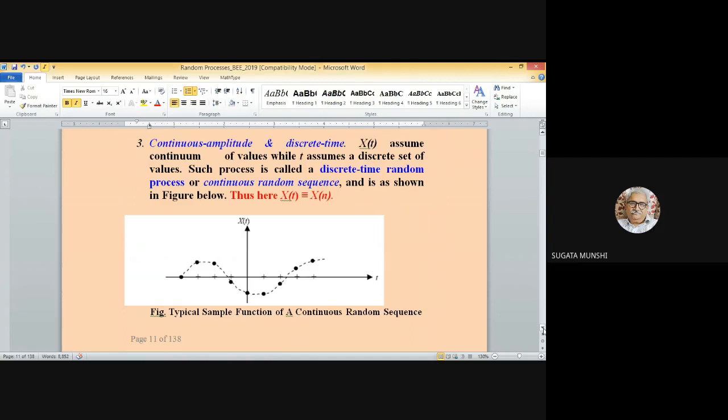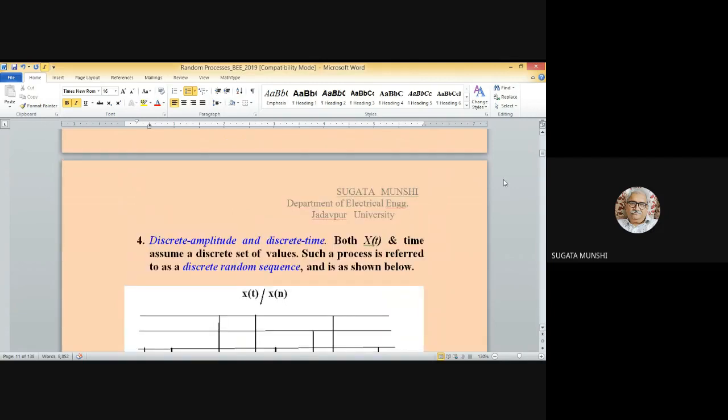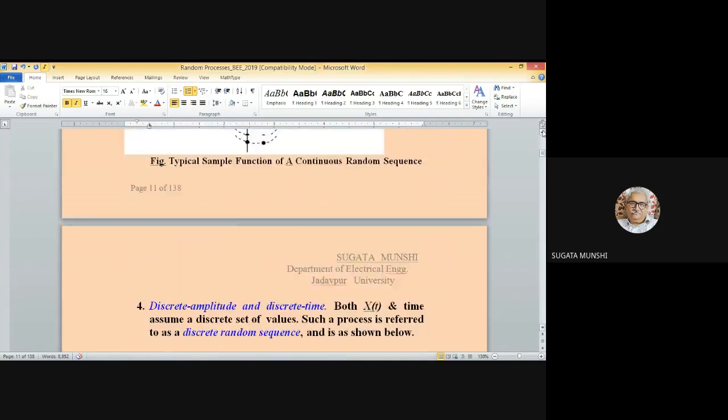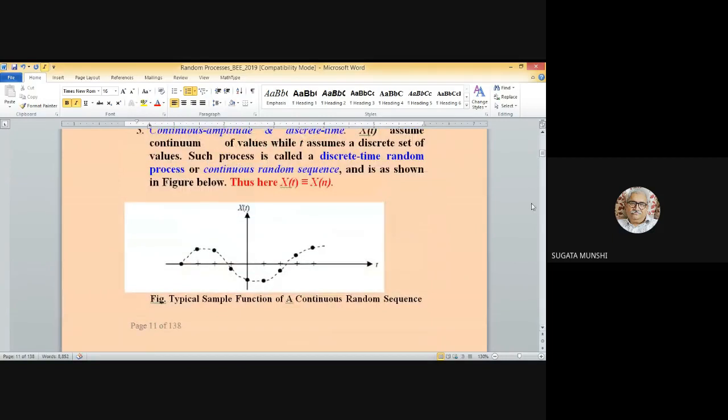discrete amplitude, discrete time. Sorry. XT assumes, there is a mistake here, XT assumes